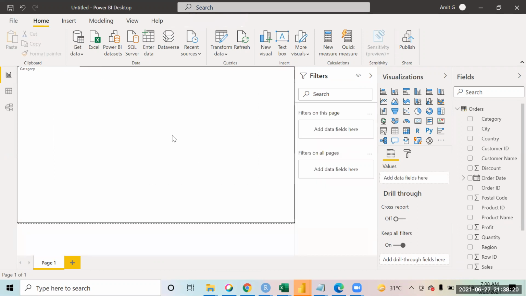Can you once please show Google Analytics as well? Google Analytics, I won't be able to show it, because for that we need the proper authentication and we have to create accounts on Google Analytics. So that access and everything would be required, which I won't be having. So I can show you with SQL Server. I can show you with some APIs if you want. Yeah, APIs would be great. So I'll show you with the open source APIs, and some web connectors. APIs are the web connectors only, basically.